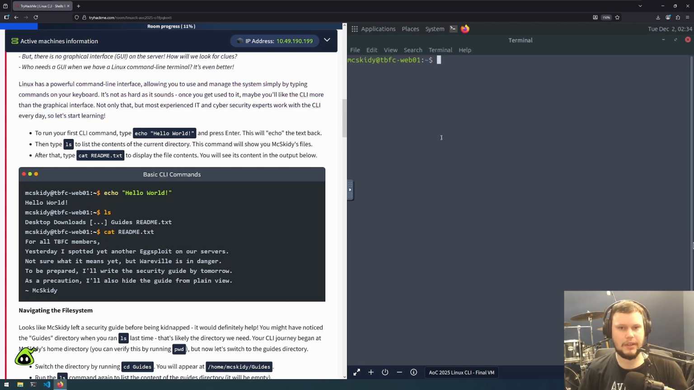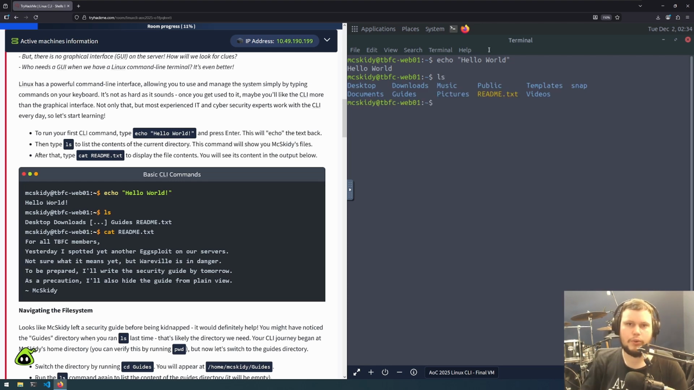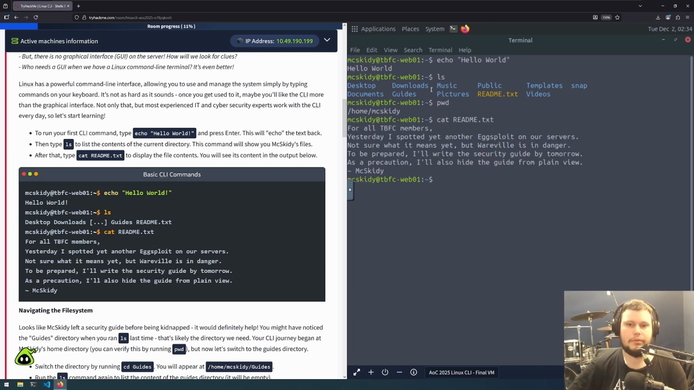So let's start learning. To run your first CLI command, you can do echo, and in between double quotes, hello world. And that has echoed to the terminal, hello world. Next, we'll run ls, and this will list all the files and directories in our current directory location. If we do pwd, present working directory, we'll see we're in /home/mcskitty. Inside of this directory, we have the directories Desktop, Downloads, Music, etc. and the file readme.txt. If we do cat readme.txt, it reads: